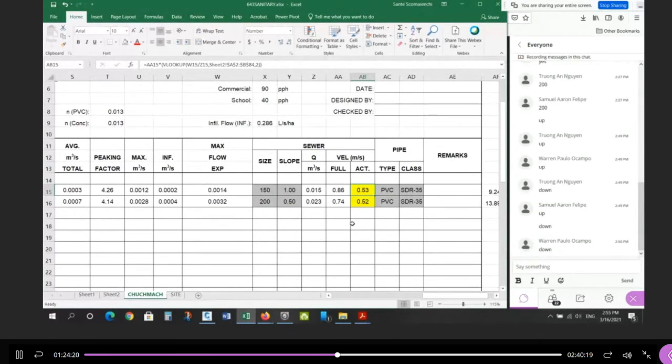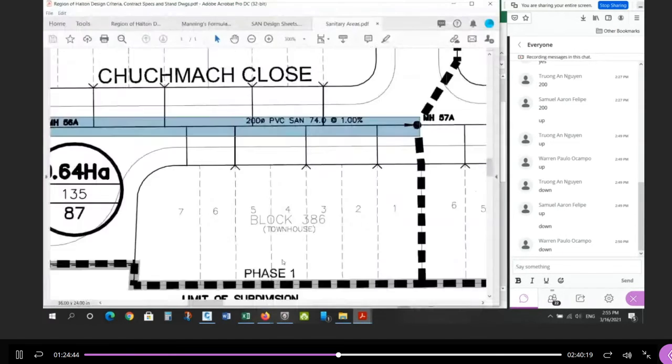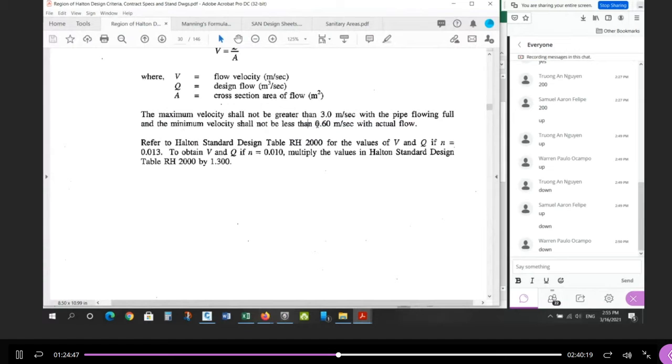And the reason for the minimum flow is so that you keep the flow going, and really what it's concerned with is the solids suspended in the water. So when you flush your toilet or water goes down the drain or the sink in your house, there's always bits of solids mixed in. And if the flow is too slow, those solids start to percolate out and stick to the bottom of the pipe. So that 0.6 minimum, that's the reason for it. The 0.6 minimum is what they call scouring